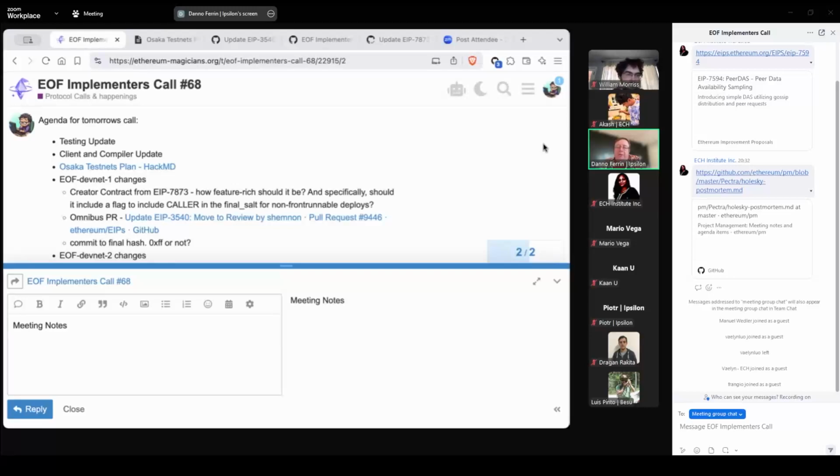How about compilers? I'm not seeing who I was expecting for Solidity or for Vyper. Do we have any Solidity updates? Radek was here, but to my understanding, there were no real changes to the Solidity compiler.